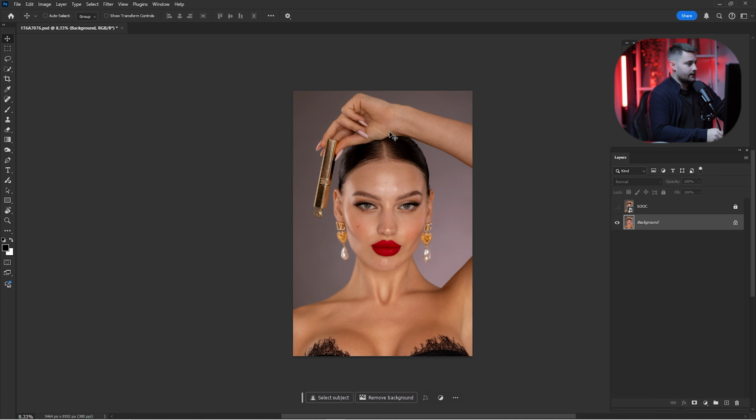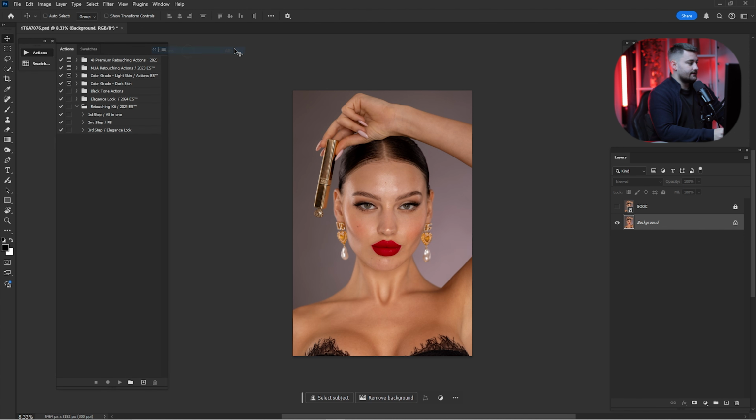After you have downloaded the raw file and you want to follow my step-by-step process, and you have downloaded the retouching actions, you go to Window and click here that says Actions,